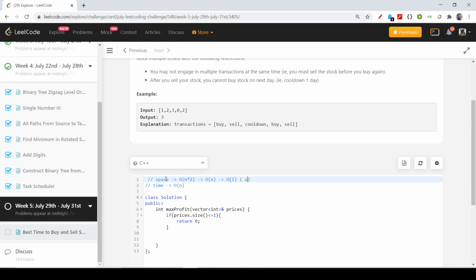As I said, I only need the last two states. So I can store my last two states' values of buy and sell in these four variables A, B, C, D. Then when I am on the ith stage, I want to find the value of buy and sell for the ith stage, which are represented by E and F. I find E and F with the help of A, B, C, D, and after that I replace my A, B, C, D with C, D, E and F. So with only these four, or you can say six variables, I can completely find my answer, and it would be O of 1 rather than O of n. So it is a slight optimization which you can make in your code.